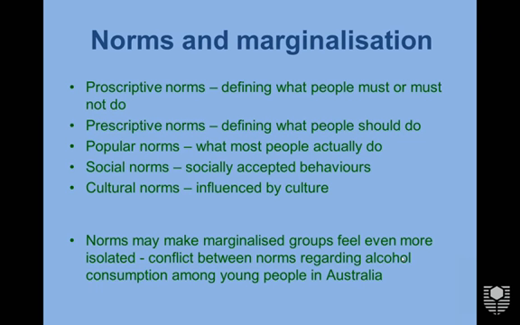Sometimes there are contradictions between these different categories of norms, and one example of this is alcohol consumption. Legally, you're not allowed to drink a certain amount and then drive a car or operate other machinery. There's rules about serving alcohol, about what type of alcohol, how strong it is, about adults drinking alcohol and not children, so there's an age restriction, which would be proscriptive norms, what you must or must not do, and that's supported by the legal system.